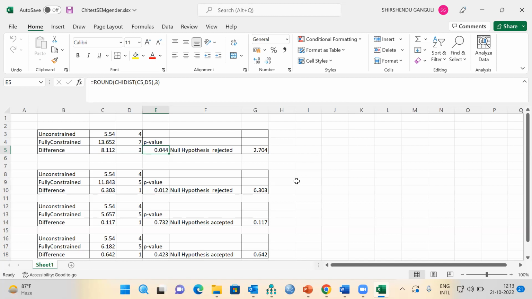That is what the moderation effect is, that's how you check for moderation. The females and males behave differently for the model. So moderation effect is significantly present in the model. The model behaves differently for the males and females because this chi-square test is significant. So once you have that in place,